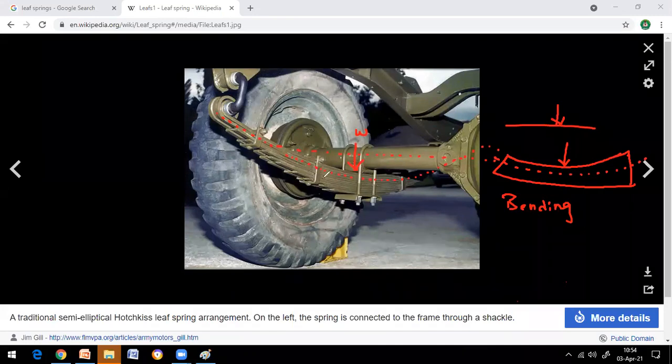Now let's consider there is no leaf spring here. Okay, what happens? Just imagine what is going to happen. Tell me. So this is your wheel and this is your other wheel, both connected with an axis. So axle, right? What do you call it? You call it an axle. If there is no leaf spring below the axle, actually there are leaf springs here. If there is no leaf spring, what happens? Tell me.